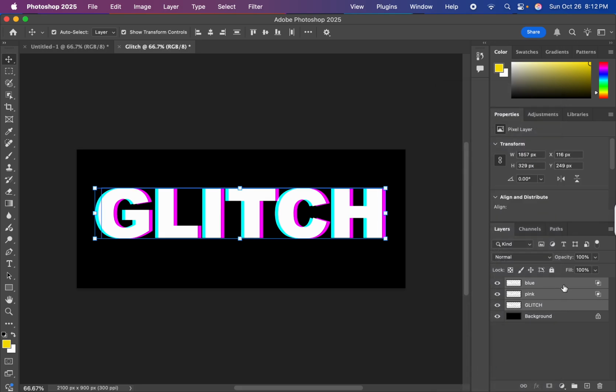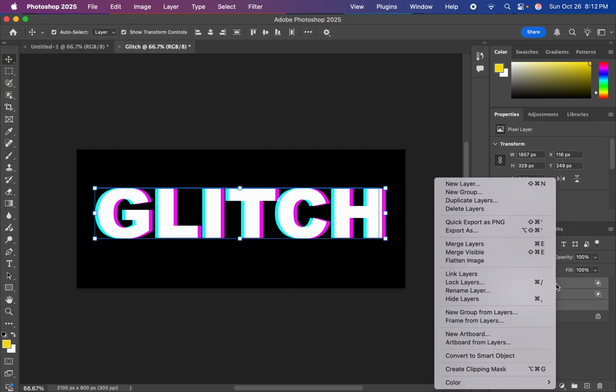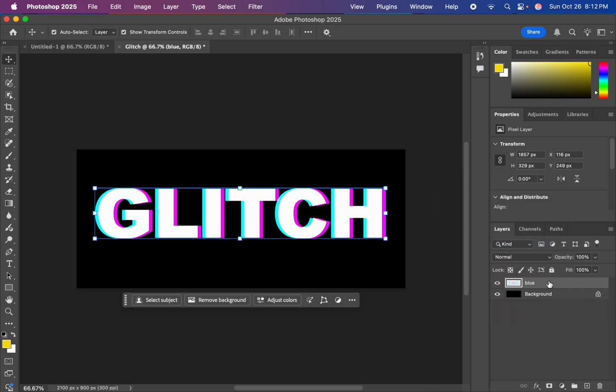Then with these 3 layers still selected, I'm going to right click and hit merge layers. So now it's all one layer called blue. If you wanted to rename this glitch, you could, but you don't have to. Okay, so now